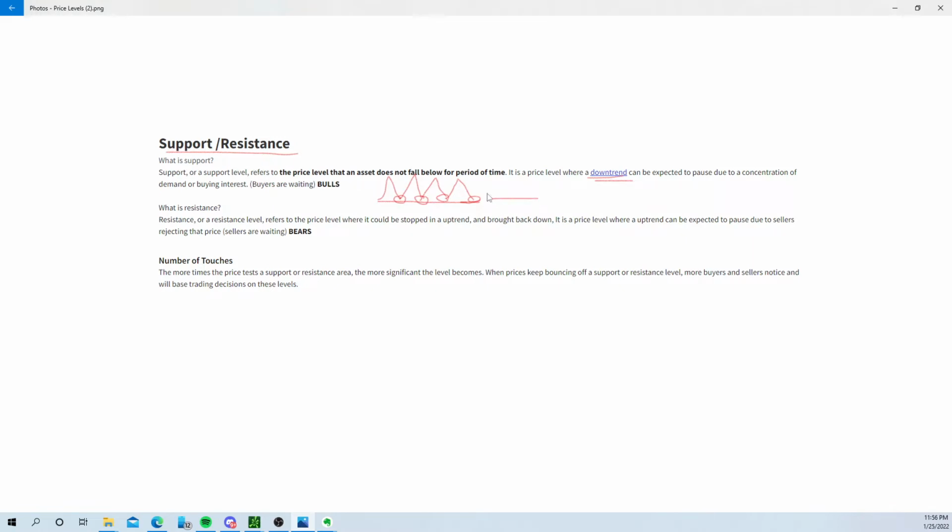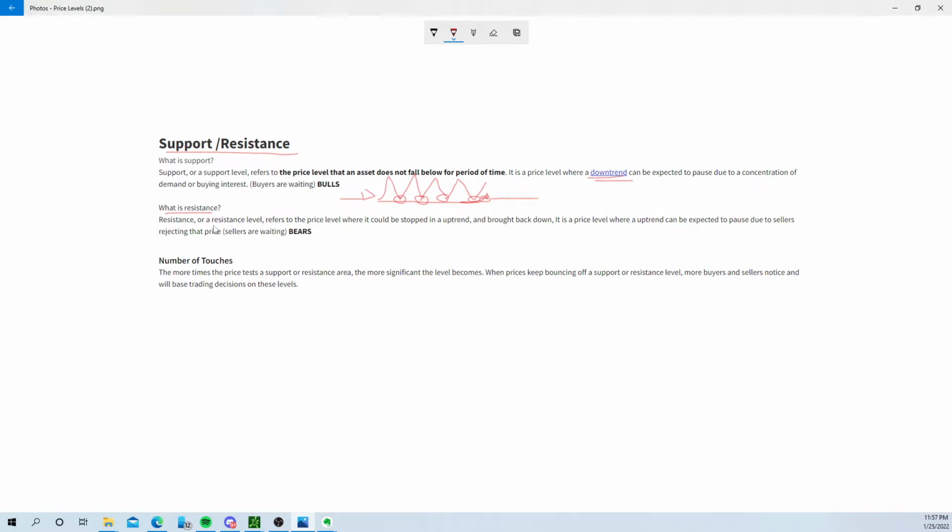Bulls are waiting right here. Bulls are the ones waiting right at the support level, which is holding a support. It's holding the stock as a support to go back up, where buyers are waiting, buying interest right here. Remember, what is a resistance? It's not that complicated, right? Remember,